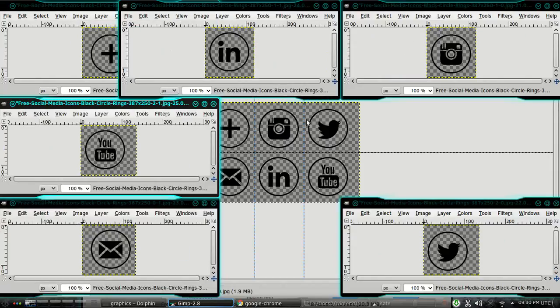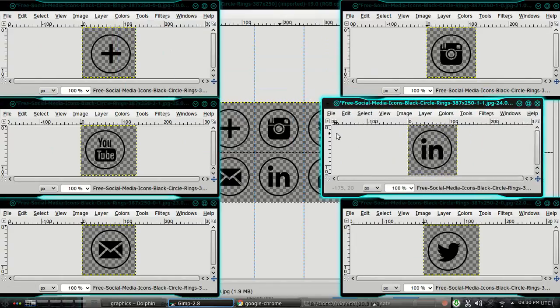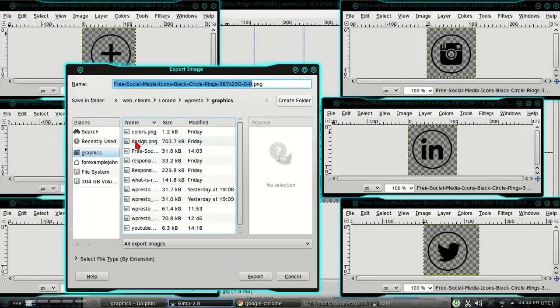1, 2, 3, 4, 5, 6. Here we go. All right. So we'll take everything and we'll just save it with a clear picture, and then we can just manipulate them there afterwards. So it's basically just going to be file, export as, and then we're going to say this will be plus